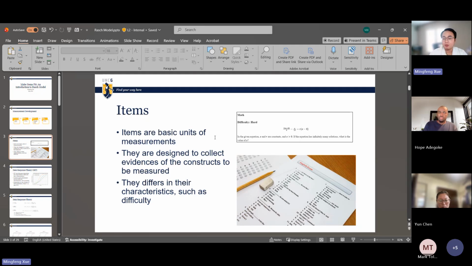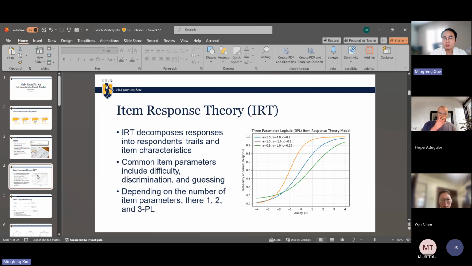They also differ in their characteristics, such as item difficulty. And this is why we run so many psychometric analyses. We want to find out what their characteristics are in a quantitative way. Item difficulty, discrimination, and guessing parameter are very important characteristics of those items. And item response theory is one of the most important psychometric theories in our field. It decomposes responses into respondent traits and item characteristics. In terms of item characteristics, there are many parameters, but difficulty, discrimination, and guessing are the three most popular parameters